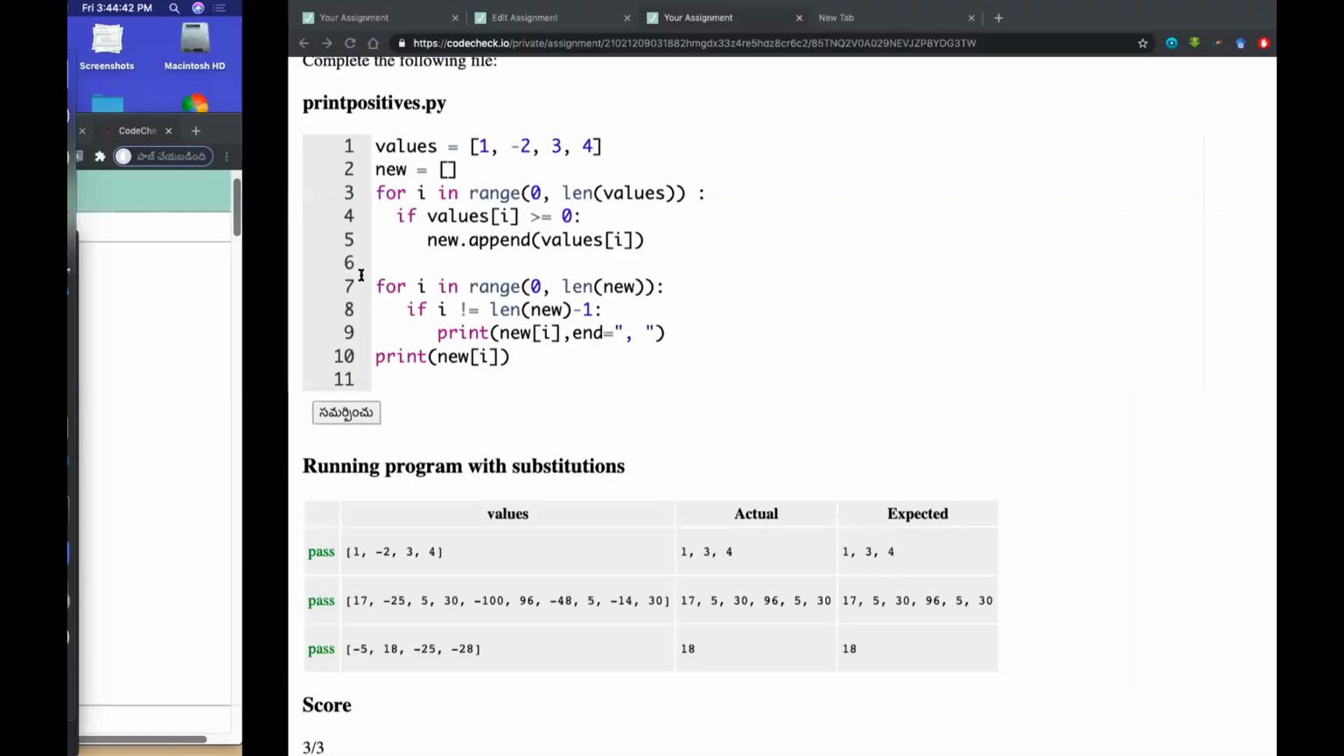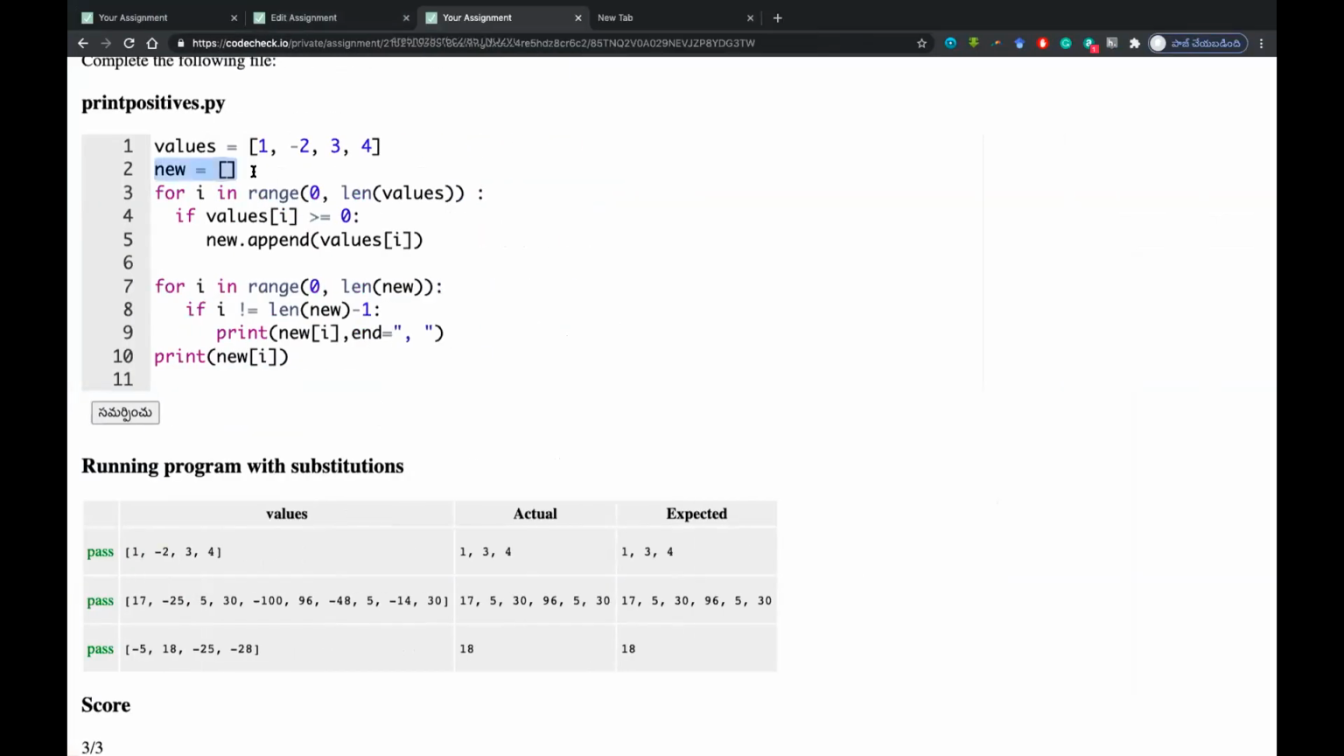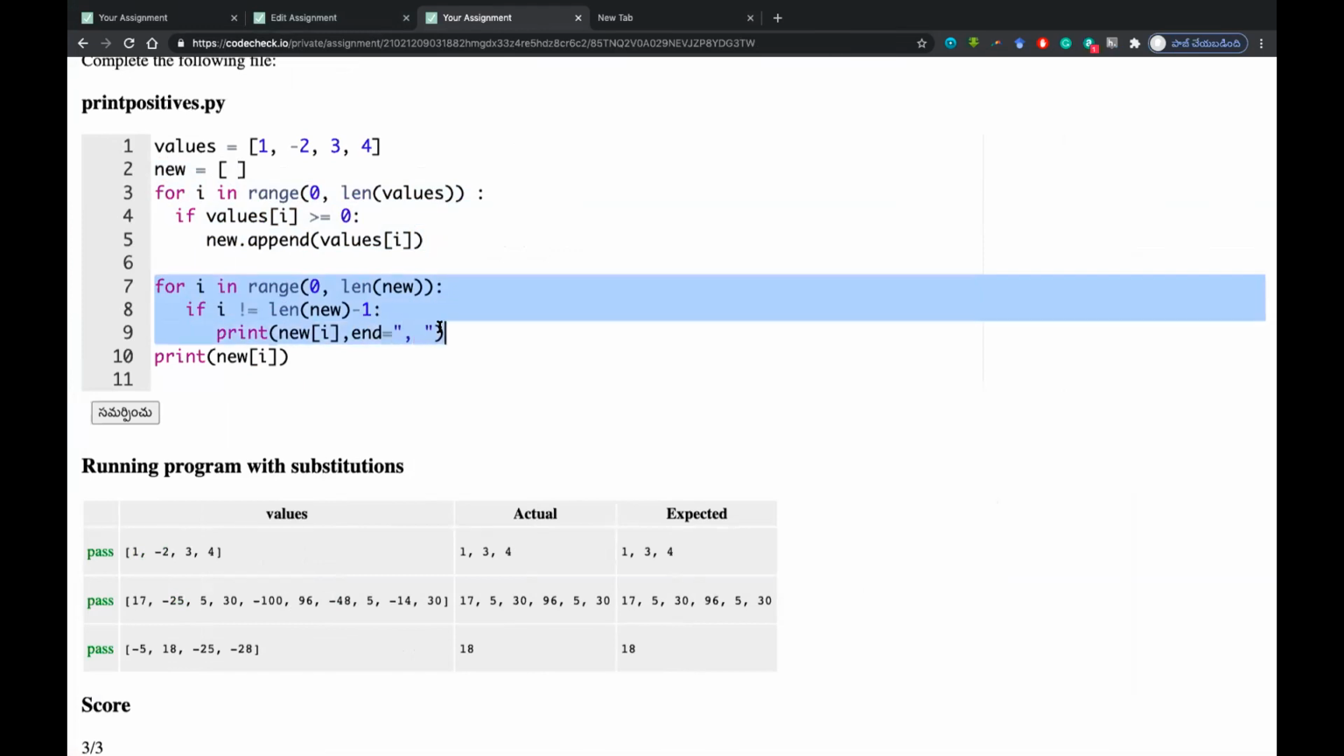Okay, so I will share the screen now, which I have done. What I did is I took a new list, and after that I am passing on all the positive numbers only into the new list, which is empty actually. After getting the new one, up to the last indexed number I am printing with comma space. If the last indexed number is over, for example,